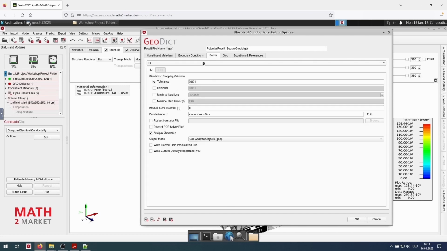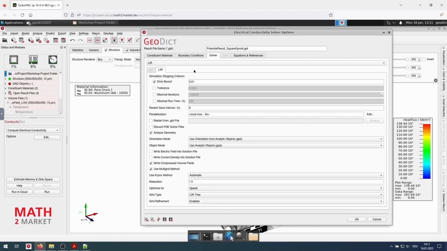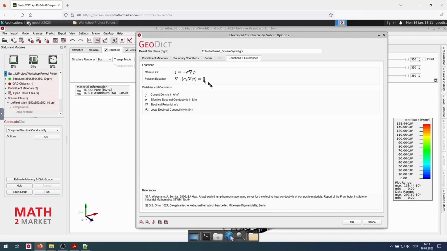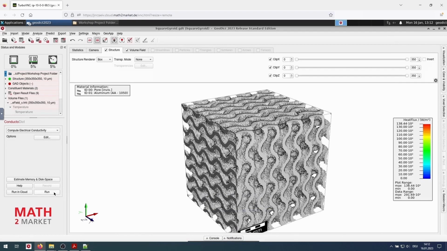We go to solver and select the LIR solver. We also want to write the current density into solution file and at equations and references, we can see the equation that is solved. We click OK and we click Run.